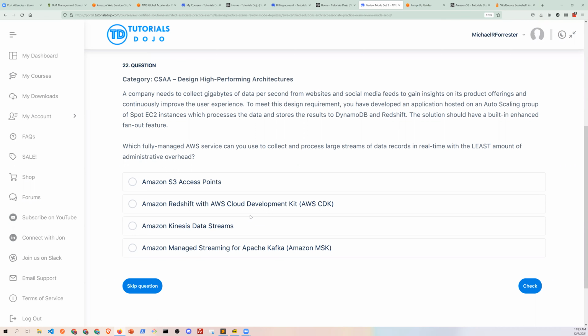Kinesis then. I think with Kafka, we need to manage a lot. Yeah, this is going to be speculative because while I have friends who have launched Kafka, I have not launched it in AWS. So I've never used the managed streaming service of Kafka. I think it does actually have additional overhead. So let's take a guess here, because it did say least amount of overhead, right? And that's definitely going to be Kinesis, even though it's proprietary. So let's see what they say.